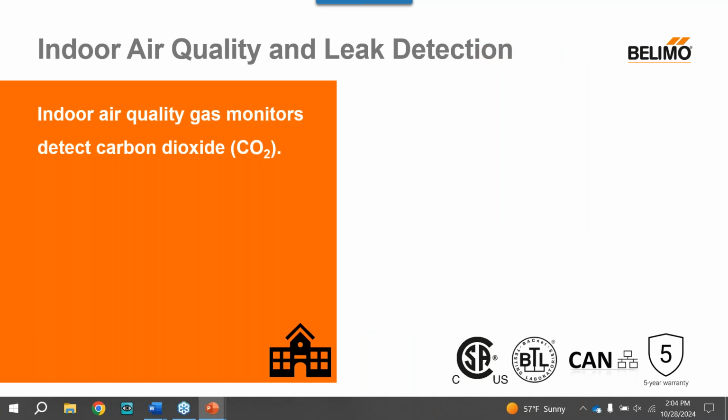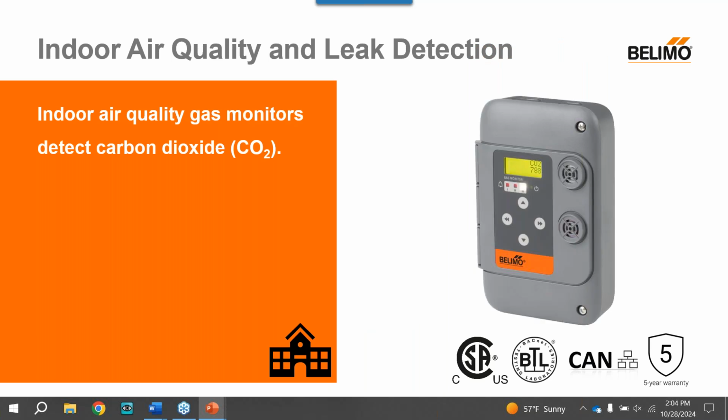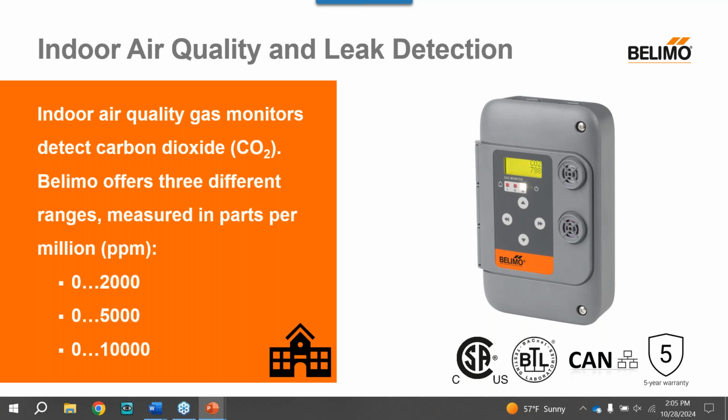And the next one is indoor air quality / leak detection. So these detect carbon dioxide, which is what we exhale, and it's also a byproduct of combustion. High levels of carbon dioxide, or CO2, can reduce productivity, cause drowsiness, headaches, dizziness, rapid breathing, and in higher levels suffocation. So we offer three different ranges,